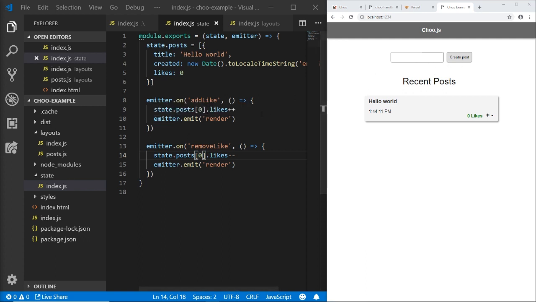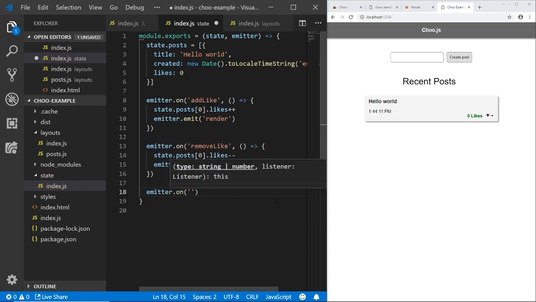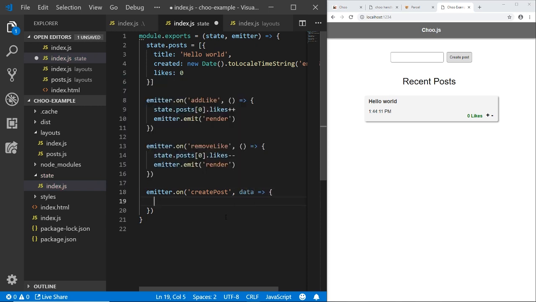And of course, we'll use our state for that and listen to a create post event and create a new post in our state. So let's say emitter.on create post, and we'll have a callback function. And this callback function actually will have some data with it. So how do we send data to our emitter? It's quite easy. We just create a parameter or argument, because when we call this, we can add data to the emit function, and it will be